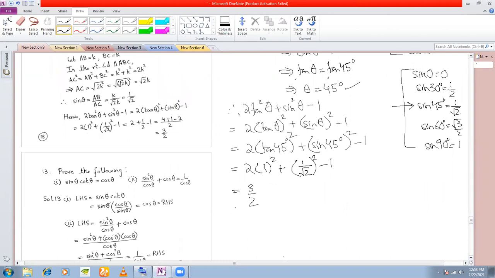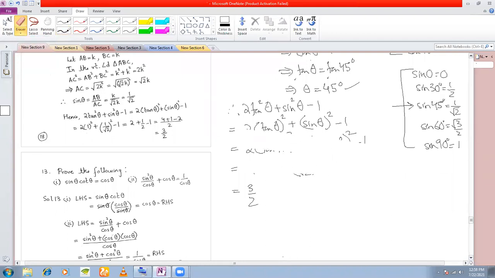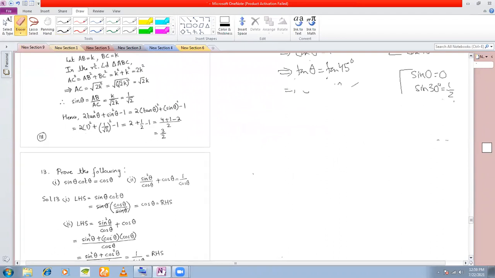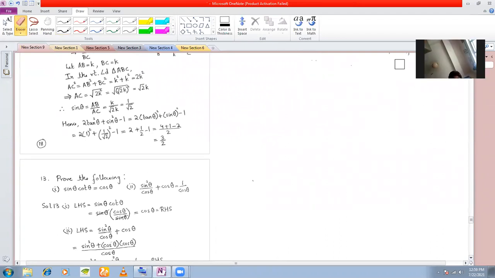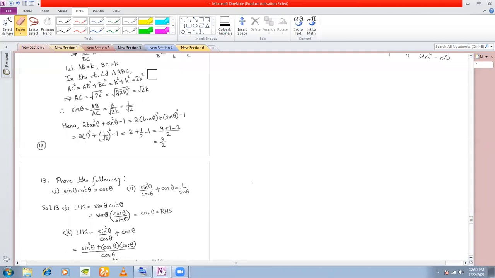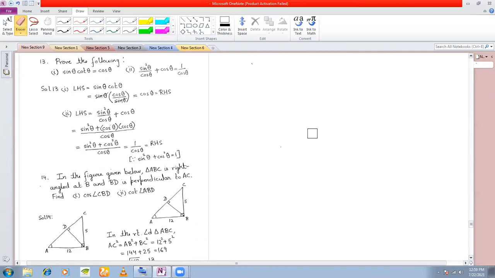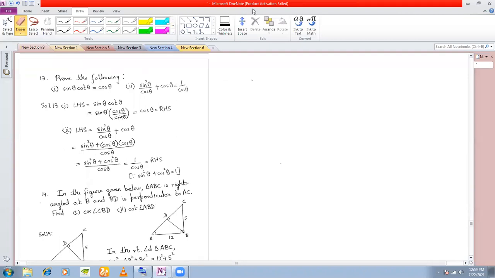Clear with this? You will be able to do this only if you learn up the chart, if you learn up the standard values. And the third method I will not show you, because the third method is from 2 lines. Only in 2 lines you can do. Any question? Okay, no question. You can hear me properly? It's raining outside. Yes, sir. Okay, let's do the next problem then.